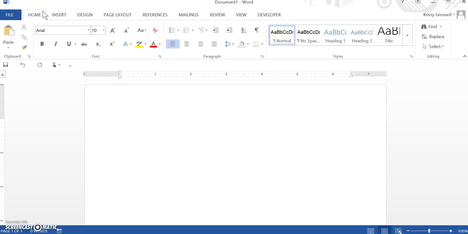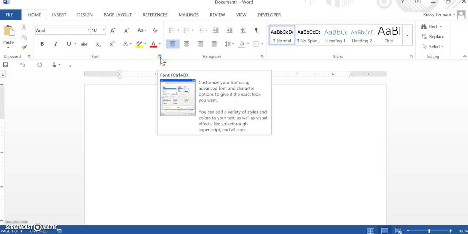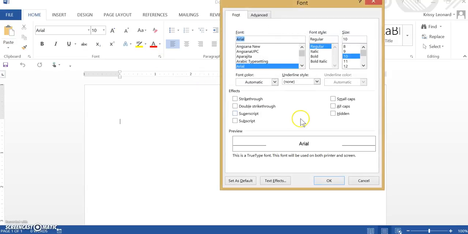So first of all, we want to look at the font, and you'll see this whole section here relates to fonts. If you click on that button here, it's going to open up a dialog box with all kinds of options. Now most papers are going to want you to use Times New Roman 12-point font. So you're going to go into the text and you can either scroll through or type Times. Choose Times New Roman.